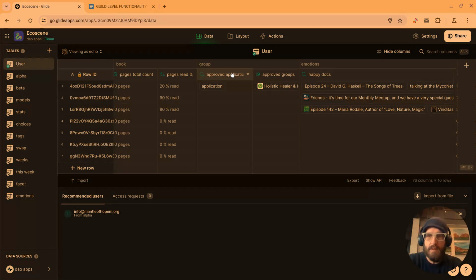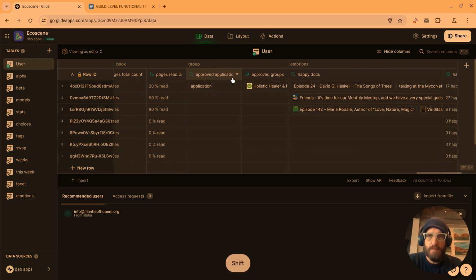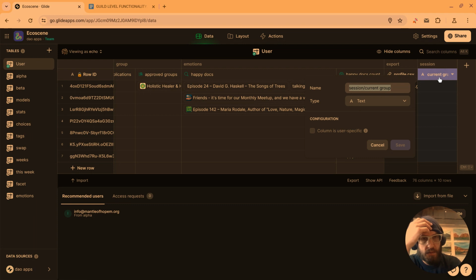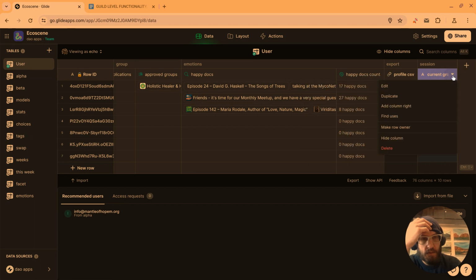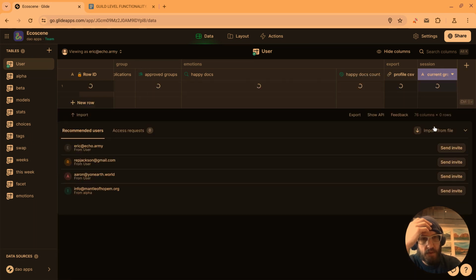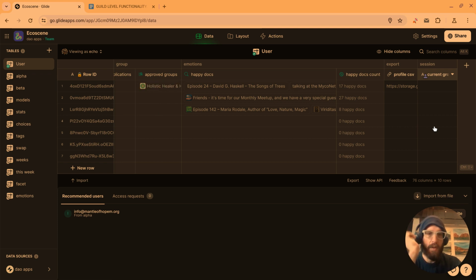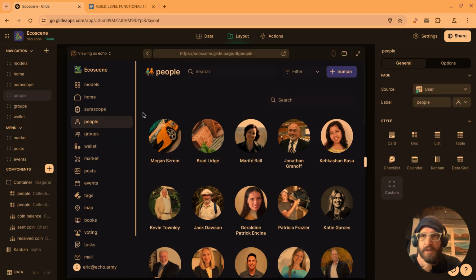Group. Approved applications. Session, current group. Current group. Make row owner. I don't know. I've never actually used that feature. That was like one of the first things I learned. But